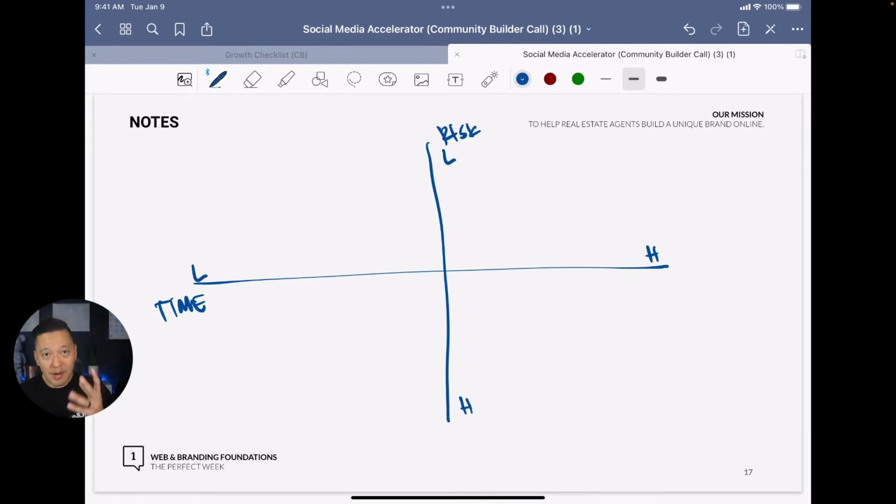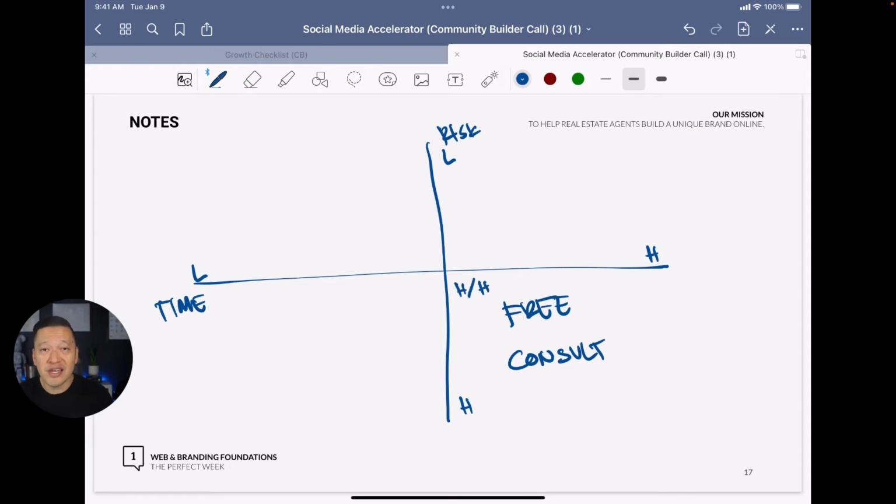Now that said, remember I'm talking about empathy. Most agents tend to think, what is the easiest thing that I can do to generate leads? But this is actually the wrong way to think. And usually it always ends up with either abysmal or zero results. So if we're looking at the time and risk little matrix that you see on your screen here that I just drew for you, usually most agents offer a free consult. And a free consult, as you can see, is high on the time investment and high on the risk investment